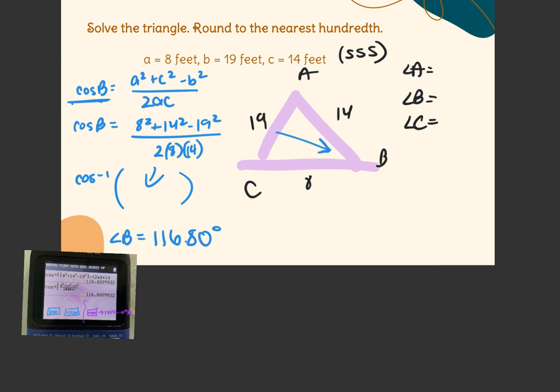Okay, so I have B, 116.80. Now notice I have both B's. I have side B and I have angle B. So I can switch to law of sines here. I tend to stick to law of cosines, first, because I don't need to use a rounded measurement,